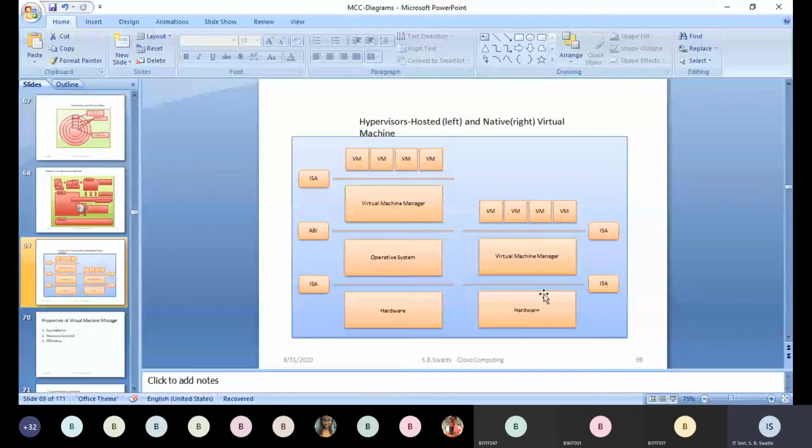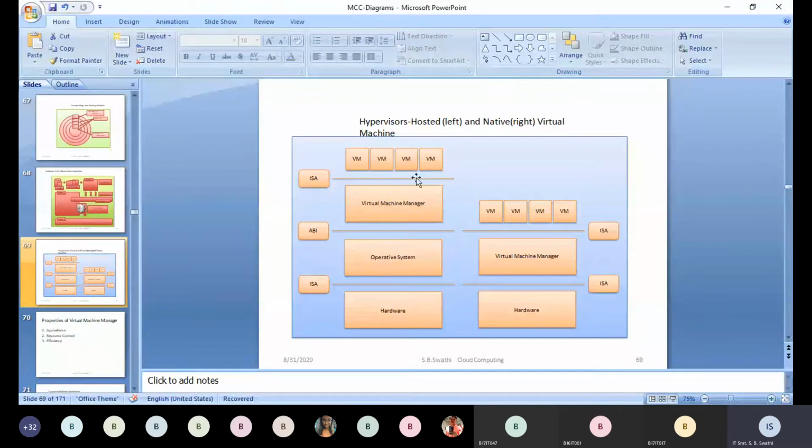All the resources required from the hardware are fetched by this VMM or hypervisor directly using ISA instructions, the instruction set architecture. Using these instructions, all the hardware resources can be accessed.